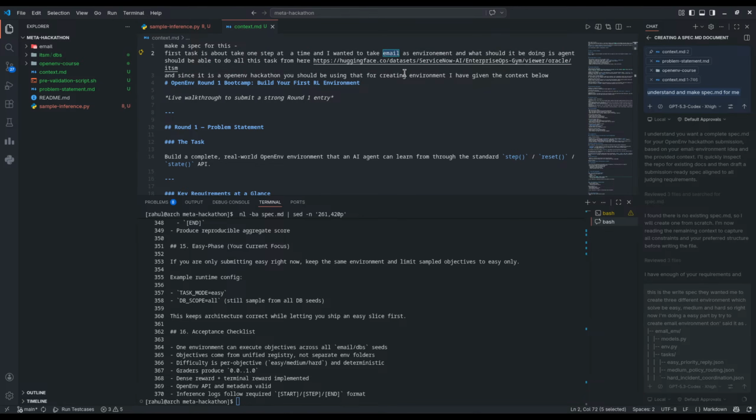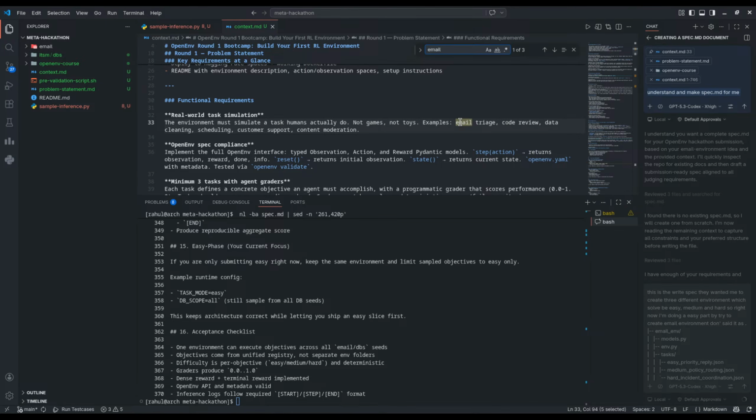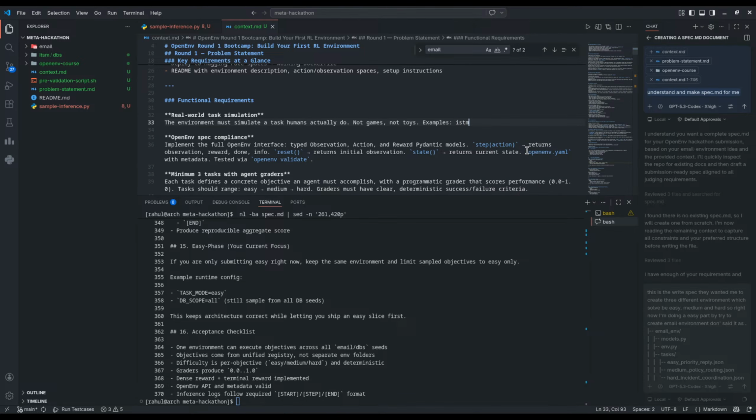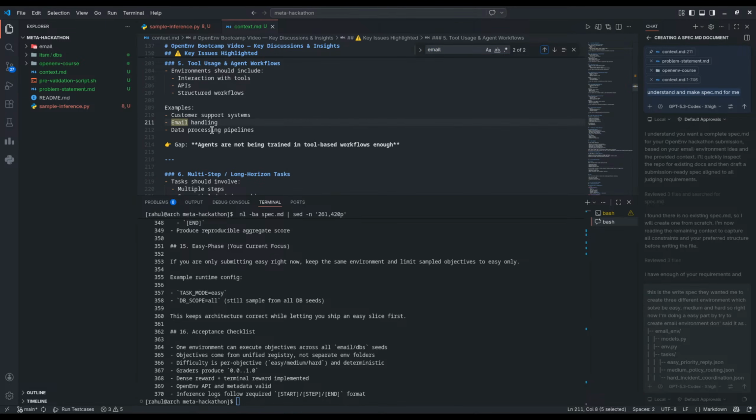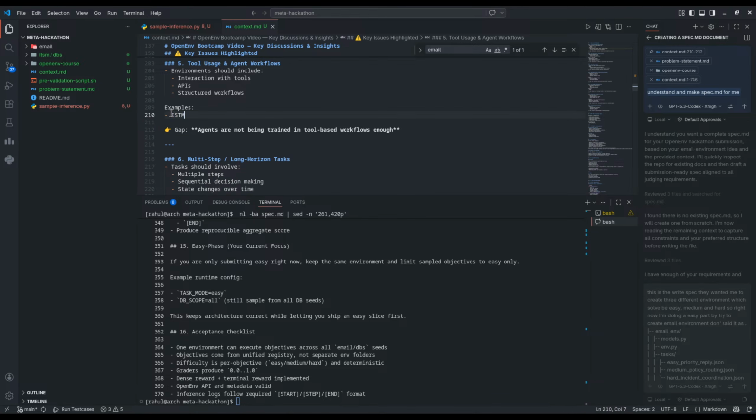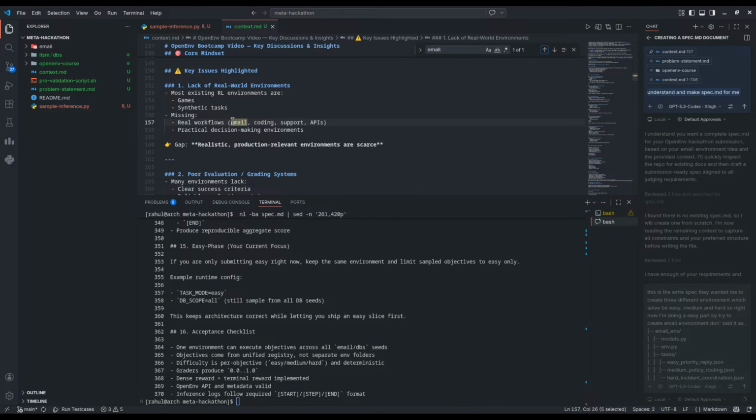Email. ITSM, let me find email ITSM. We will be covering this now.